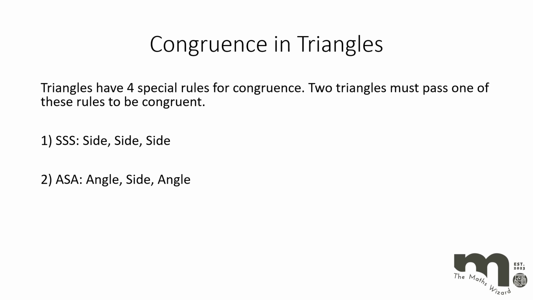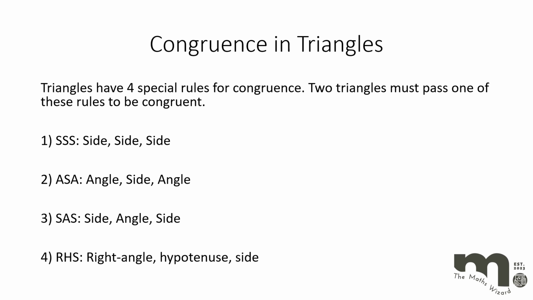Second one is angle, angle, side, which is AAS. Then we've got ASA, which is angle, side, angle. Then we've got SAS, which is side, angle, side. Then we've got RHS, which is right angle, hypotenuse, side. So your first one